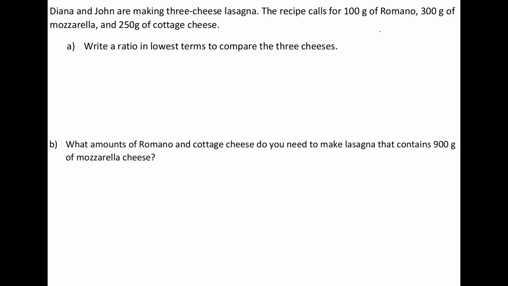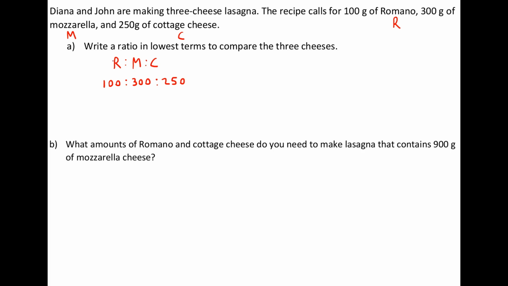So I'm simply going to make some acronyms here. Let's let R be Romano. Let's let M be mozzarella. And let's let C be cottage cheese here. So for A, write a ratio in lowest terms to compare the three cheeses. So once again, I have Romano, mozzarella, and then cottage cheese here. And I'm starting out with 100 grams of Romano, 300 grams of mozzarella, and then 250 grams of cottage